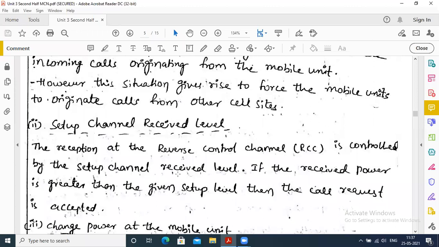The reception at the reverse control channel is controlled by the setup channel receive level. If the receive power is greater than the given setup level, then the call request is accepted. So the receive power should be greater than the setup level; only then is the call request accepted. So that is the second operational function.